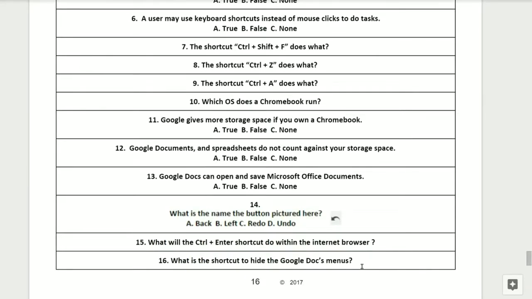Let's now turn to question number 7. The shortcut Control-Shift-F does what? Question number 8. The shortcut Control Z does what?